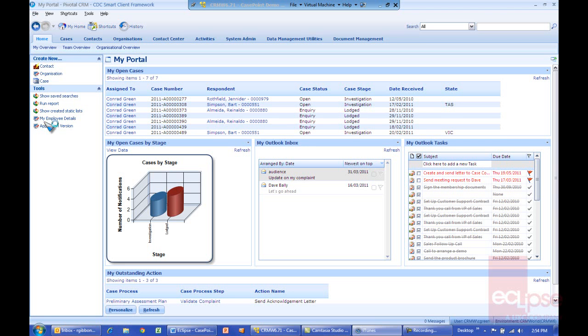Welcome to a brief overview of CasePoint from Eclipse Computing, the premier case management solution based on Pivotal. We are currently looking at the home portal and have been granted security permissions by the CasePoint system administrator. This will determine what forms we see, what data we can view and edit, and what tasks and processes we